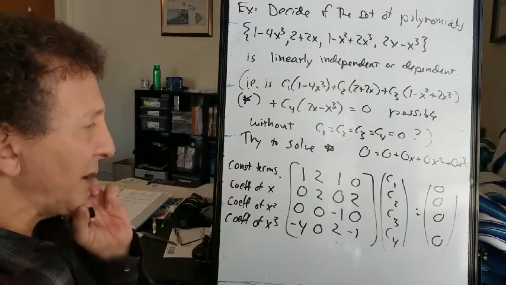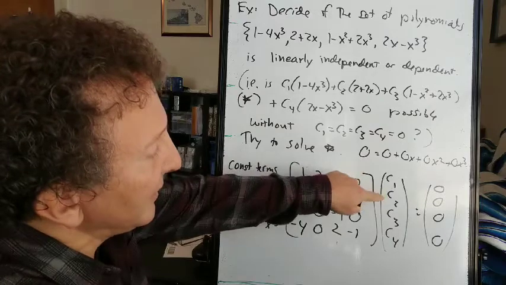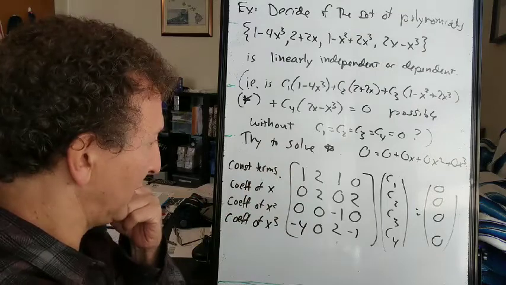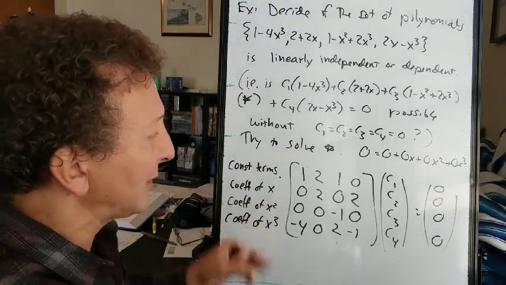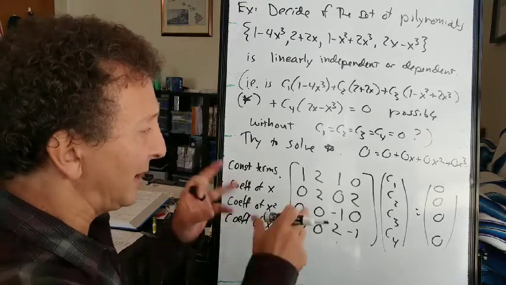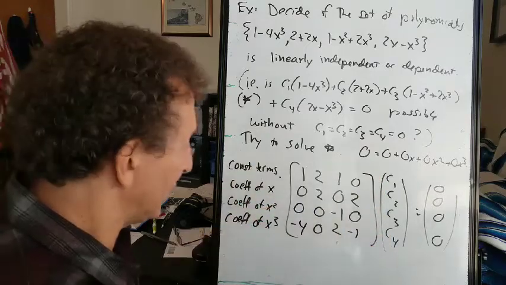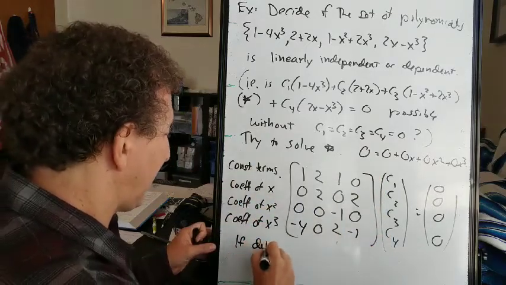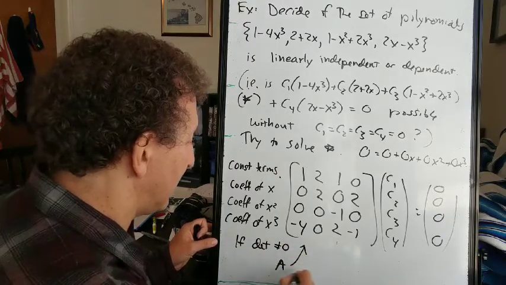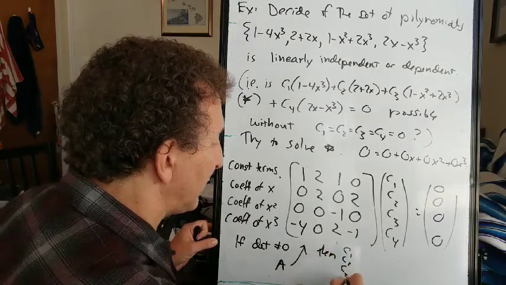All right, now this system of equations certainly has a solution: c1, c2, c3, c4, all of them equal to 0. So the question is, is that the only solution? Now this system of equations will have a unique solution if this determinant is non-zero, because if it's non-zero we can invert it and then say c1, c2, c3, c4 equals this inverse times 0. Let's call this matrix A. Then c1, c2, c3, c4